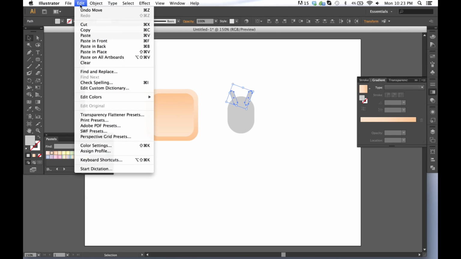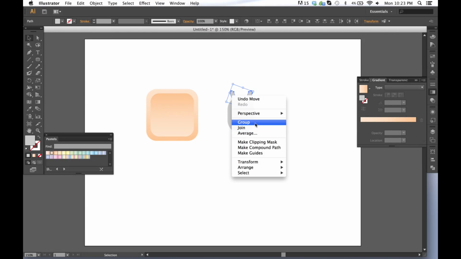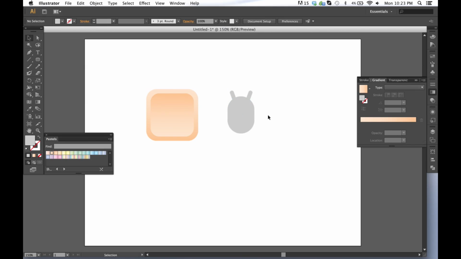Where is group? Okay, right click. Yeah, I usually just do Command G, but in this case I want you guys to be able to see what I'm doing. Okay, so after I grouped it, I made sure that they were aligned